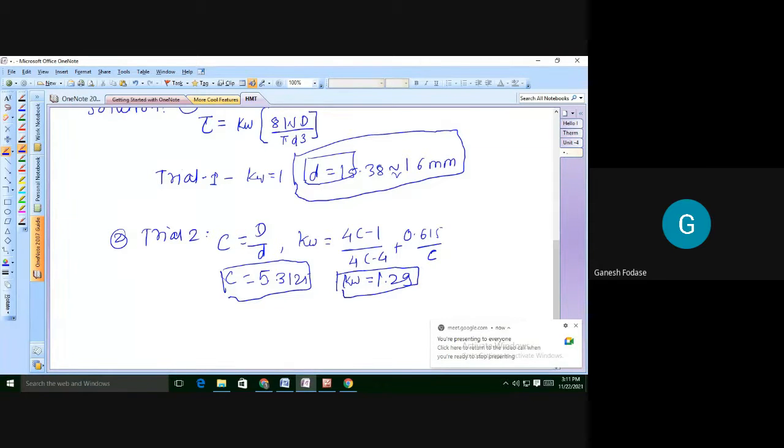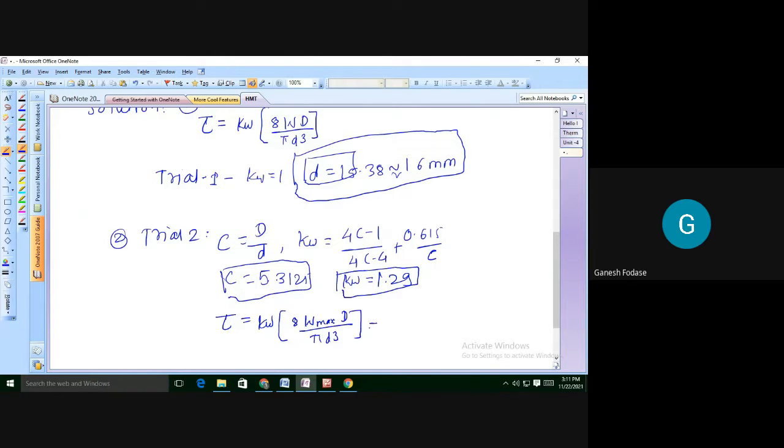Okay. Now see, we get kW. Now can I find out actual diameter? Because the first and second step we are doing on trial basis. So to get small d, we can use again the formula of tau. Tau is equal to the formula we already used. Tau is equal to kW into 8 times W max into D upon pi d cube.